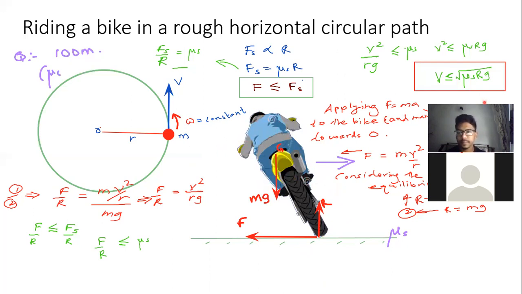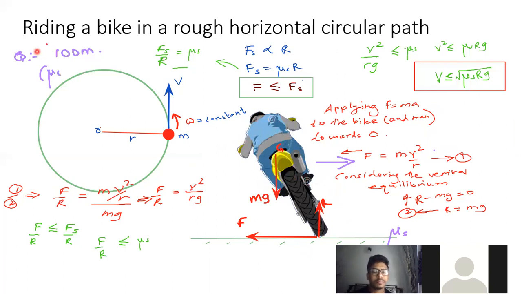Can you repeat it? Yeah. What is the maximum tangential speed of a bike moving in a rough horizontal